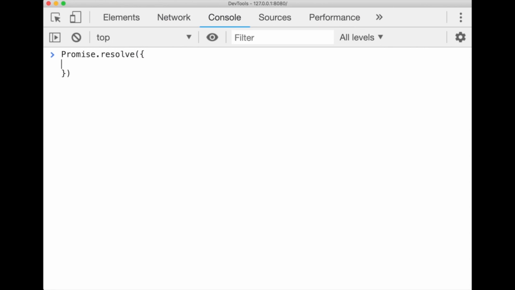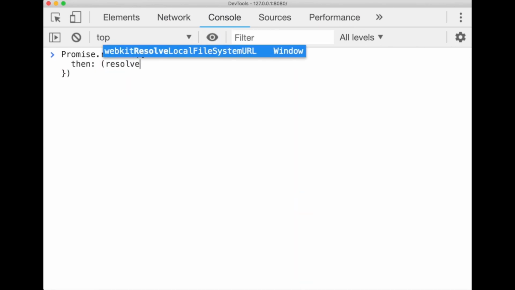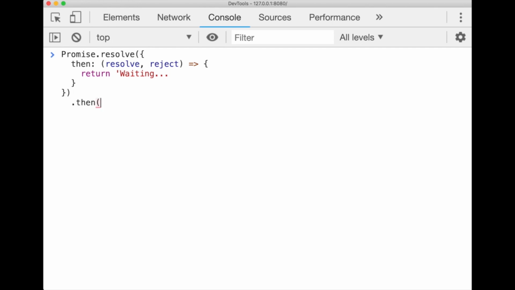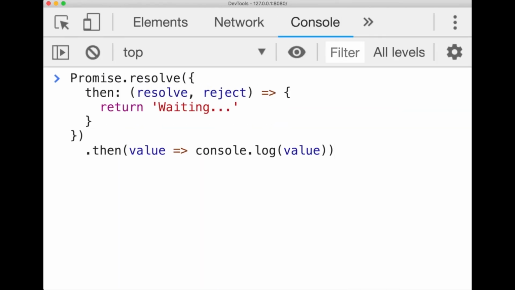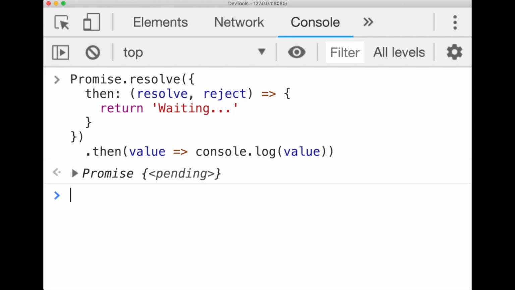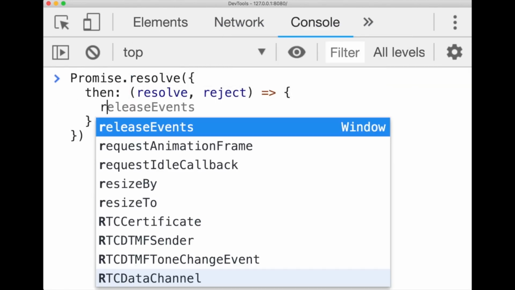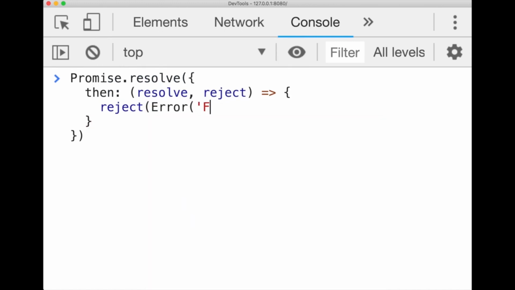Remember that the functions passed into the then function need to be invoked in order to resolve or reject the promise, or an error needs to be thrown. Just having a then function return a value will result in a promise that will never resolve. Although the thenable object is passed in as an argument of the Promise.resolve function, it can result in a rejected promise. For example,